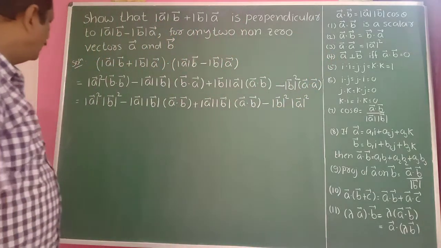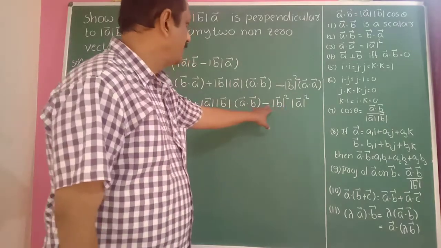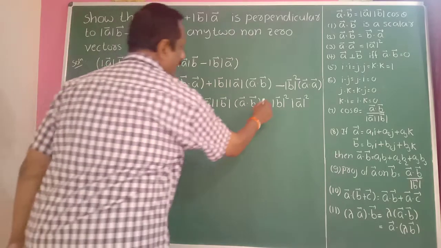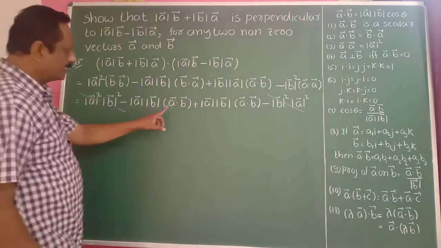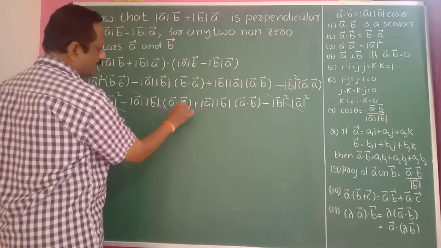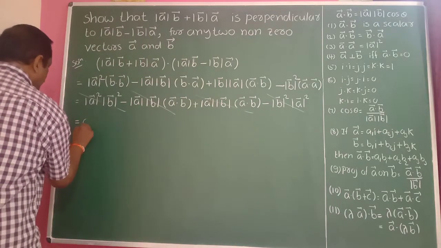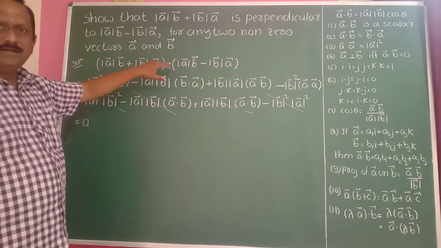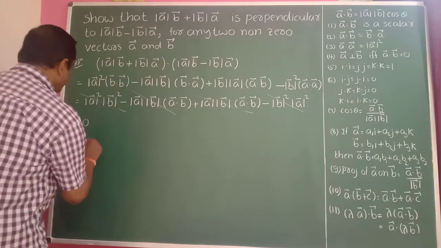Okay. So look here, this term and this term are same, but here is a minus and here is a plus. You can cancel this one and this one, both get canceled here. Similarly, the middle term, this is a negative term and it is a positive term here. Again, cancel these two terms. So this is equal to what here? 0. Yes, it's a dot product, the dot product is 0. Yes, these vectors are perpendicular here.